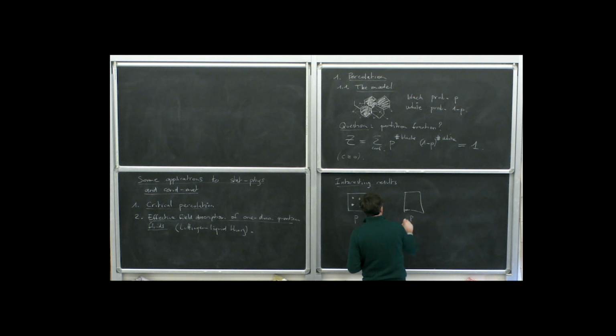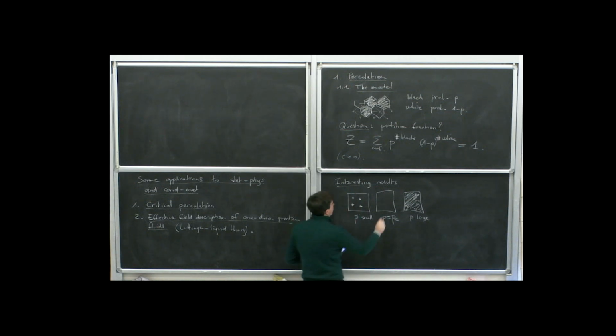If P, on the other hand, is large, so this is P small, this is P large, then everything is covered in black with a few white sites. And what's interesting for us, for physicists, is that there's a critical point, and at this critical point you get